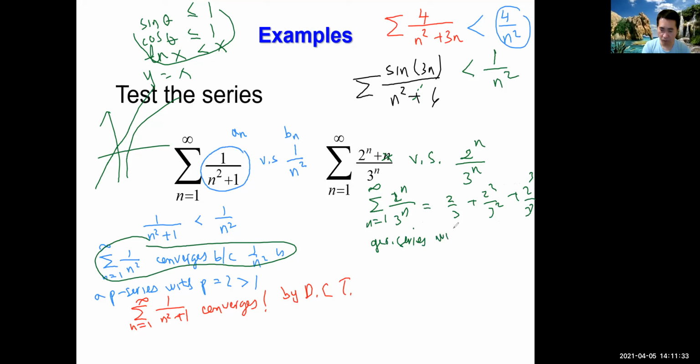And what's the common ratio? The common ratio here is 2/3. So it's smaller than 1. And because it's smaller than 1, the series here converges. And since it converges, I can tell you that the original series at the beginning also